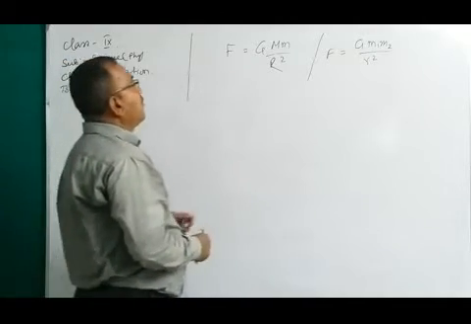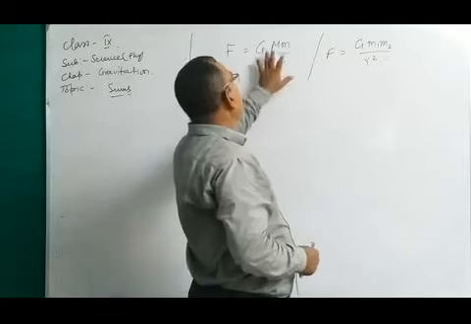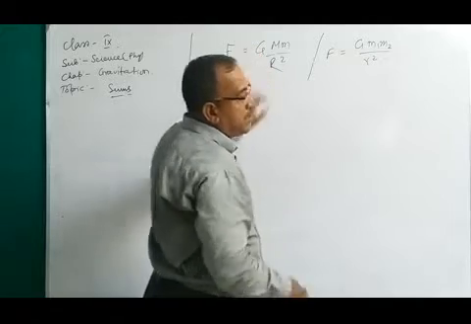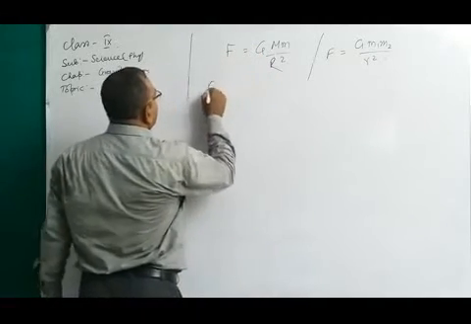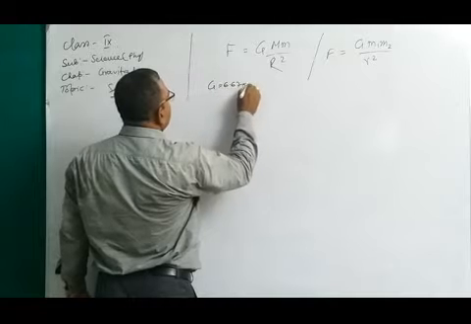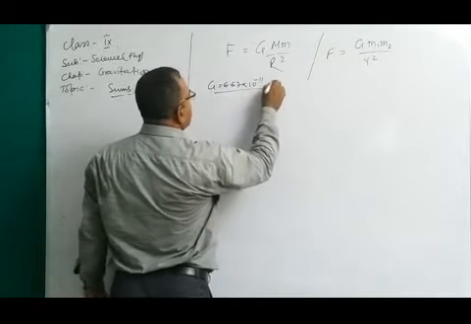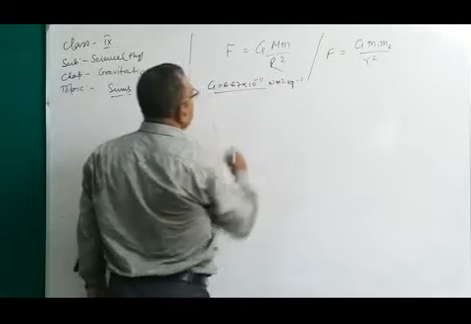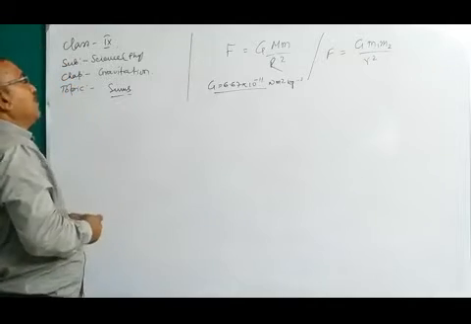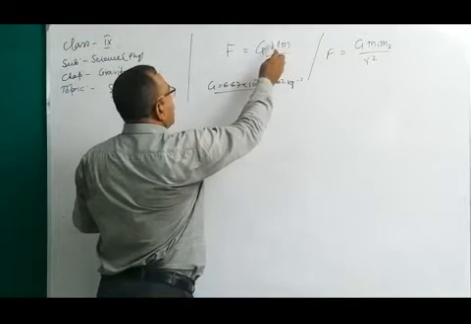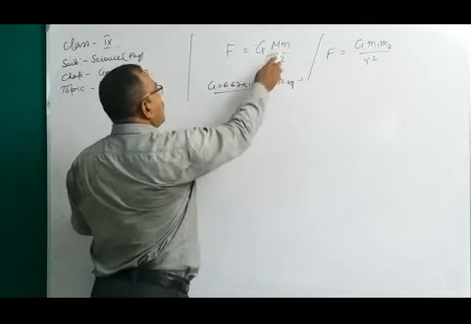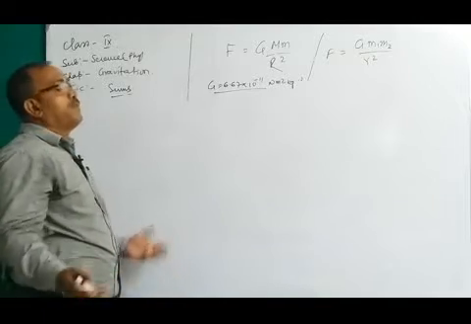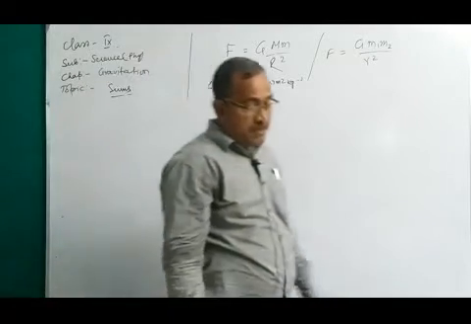Okay. So, if you see this, out of 1, 2, 3, 4 variables are there. One is the gravitational constant, you know the value of G is constant. G equal to 6.67 into 10 to the power minus 11, in SI system, Newton meter square kg to the power minus 2. So, out of the 4 variables, if 3 data are given in your books or the question paper, you can find out the 4th variable.